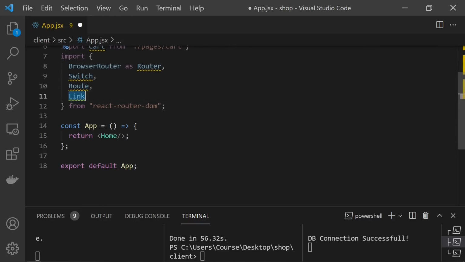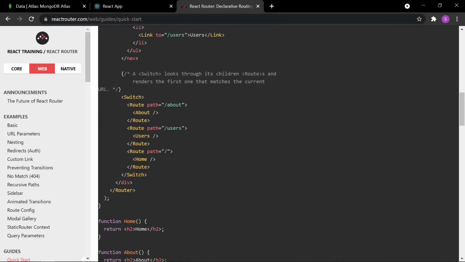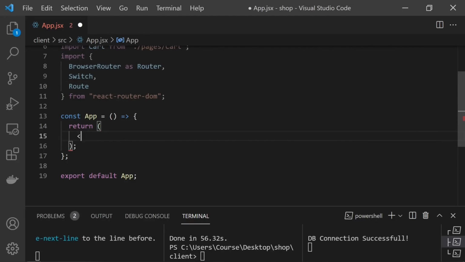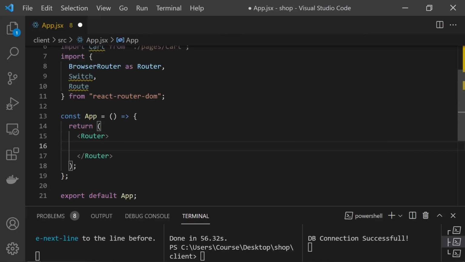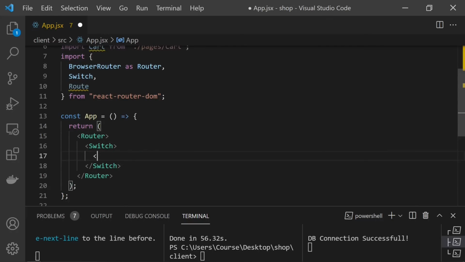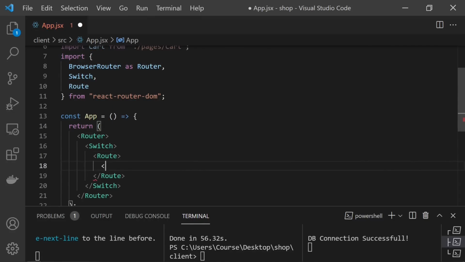You don't need Link, we can delete it. And after, we are gonna use the Router component here, and after our Switch block and inside routes. Let's do that. I will delete Homepage, and here I will say Router, and inside Switch, and finally our routes. Okay, first route will be our homepage,